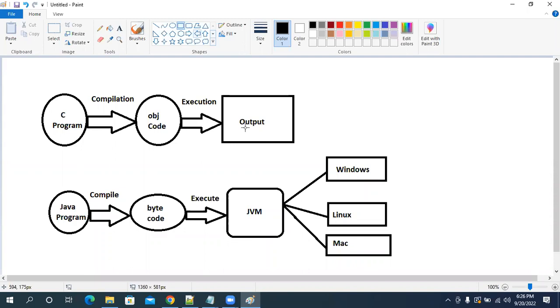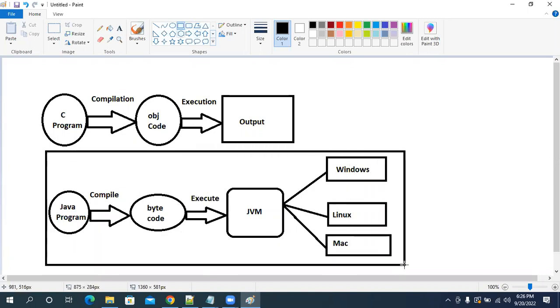Whenever we run the program, JVM will take our bytecode and convert it into computer understandable format. When the computer understands it, it will provide the output. So this is the execution flow of a Java program.